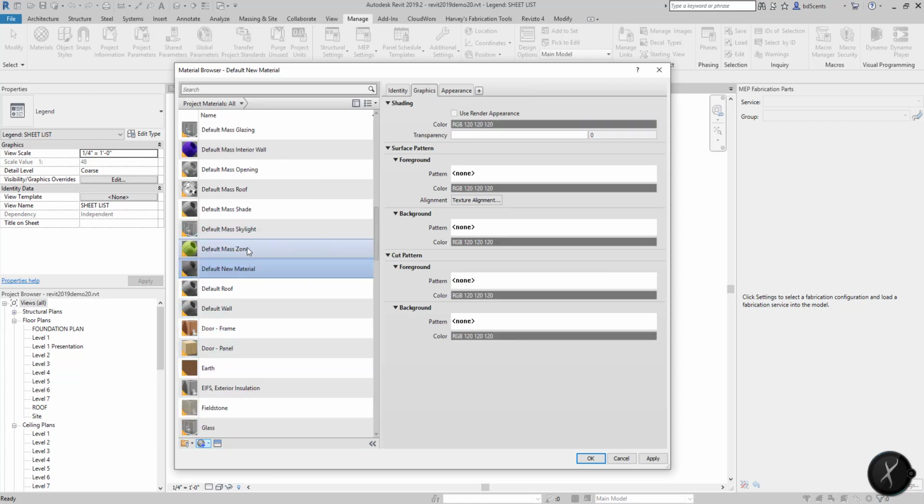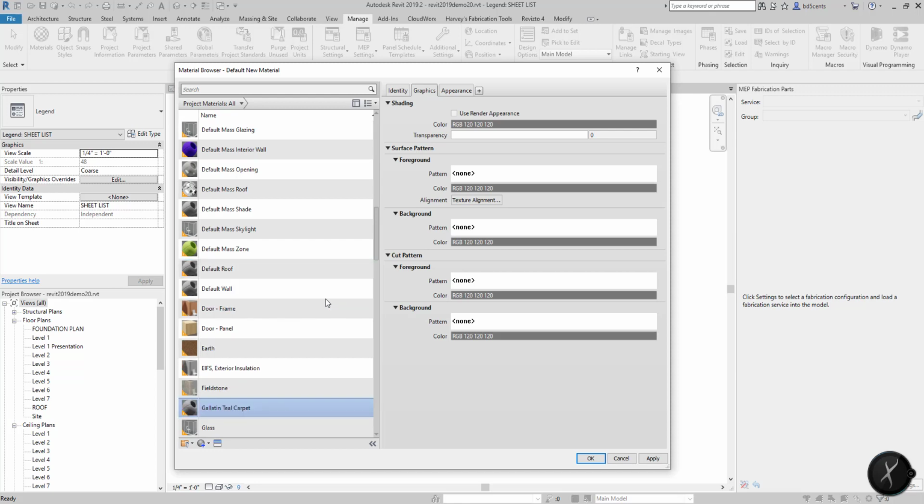And what you'll notice is when I create the new material, it defaults to default new material. It has no color, surface pattern, or render appearance, or filled in parameters. It's perfect to start from scratch with. So from here, we're going to start by creating a teal carpet. We're going to find a good teal carpet swatch on the internet, and we're going to save it as a JPEG or PNG. So we're going to right click on this and rename it and call it Gallatin Teal Carpet